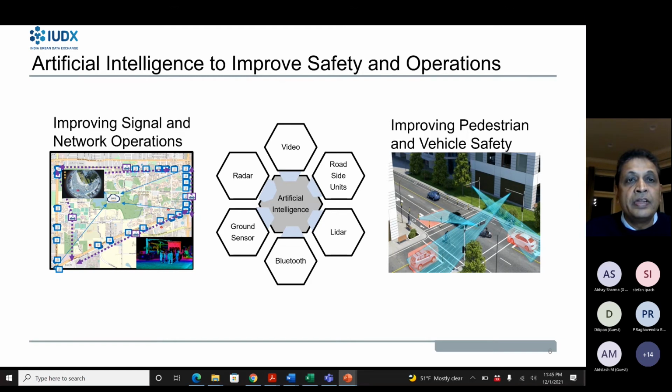So we want to be able to do 2 things at a broad level. Improve signal timing so that traffic can move more smoothly throughout the day. I'm sure you're familiar with traffic jams, being in Bangalore and other cities in India. Our goal is to be able to minimize the wait time or improve the travel time on a corridor or